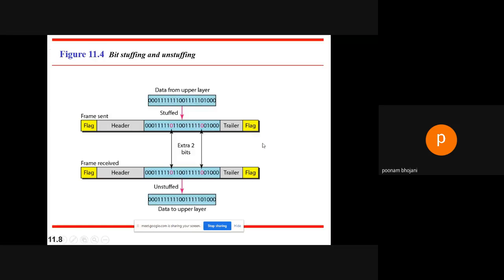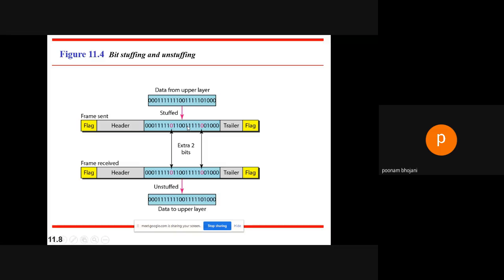After 5 ones, we will add one extra 0. Whenever this extra 0 comes after 5 ones, the receiver will understand that this 0 is the extra bit and it has to be removed, because it is not part of the data. It is the extra bit added to fix the problem of the same pattern as the flag. It will remove the 0 and continue reading the next bits 1, 1,